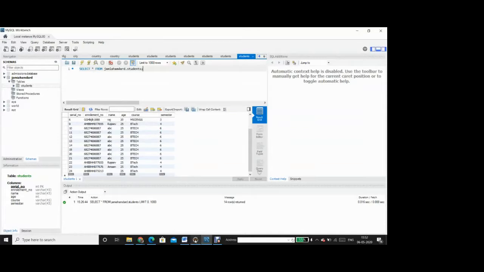So with every single line of execution, the effect of the execution of that statement is persisted into the database.